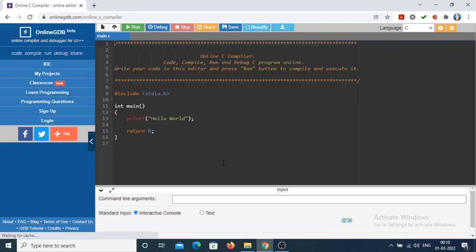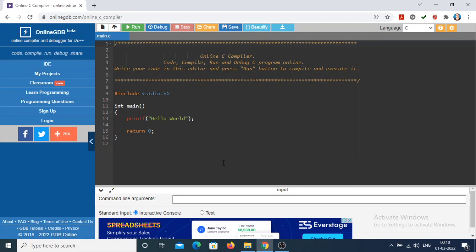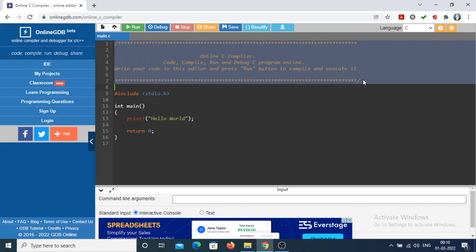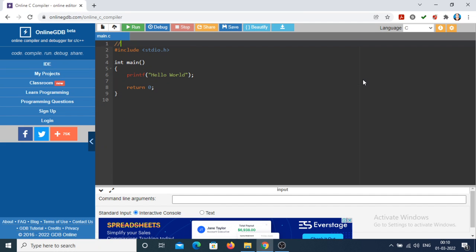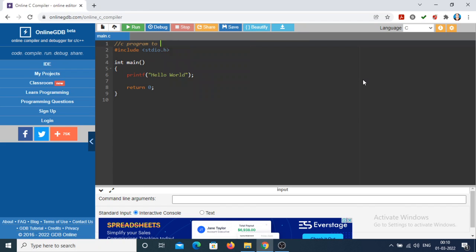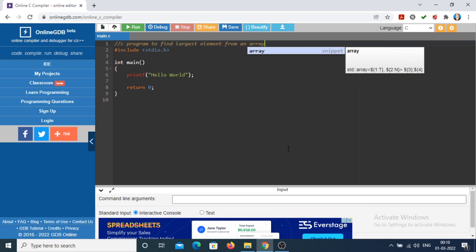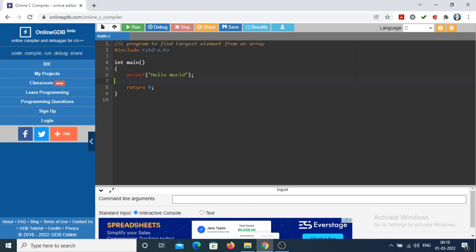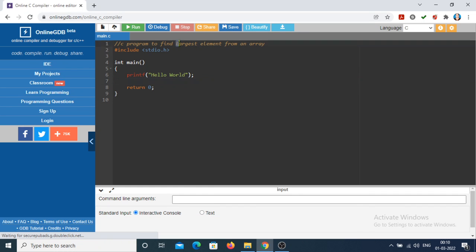Hello students, in this video we will see the C program to find the largest element in an array. For this I have opened the online GDB compiler, and here we are performing the C program to find the largest element from an array. Okay, so here first what I want to do, I want to find out the largest element